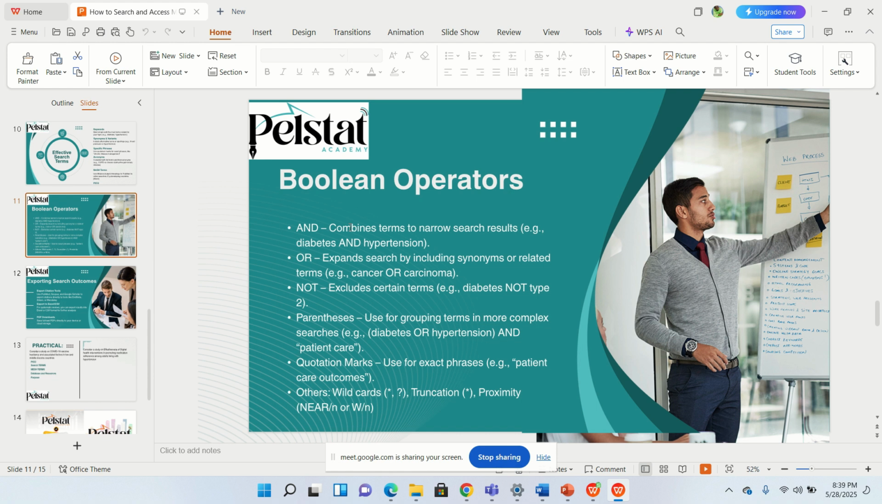Or NOT: maybe you are doing a study on diabetes mellitus, not insipidus. You are doing a study on adults, not adolescents. That is what Boolean operators will do. So now, when you want to carry out a systematic search in all these prominent databases,